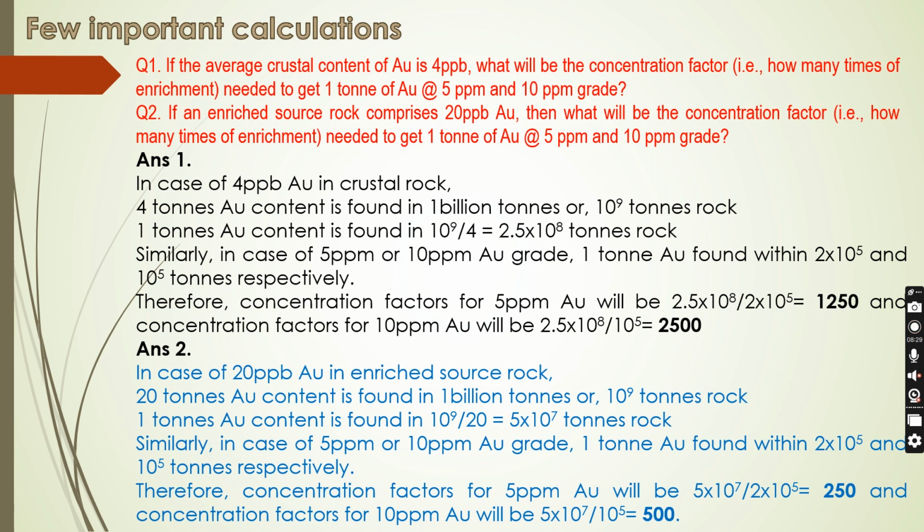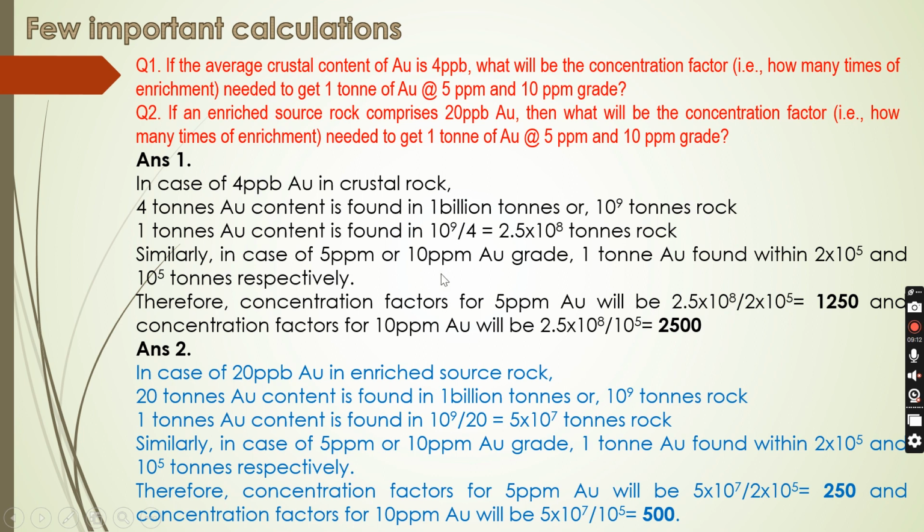Both can be solved. Firstly, in case of 4 ppb gold in crustal rock, that means 4 tons of gold content is found in 1 billion tons of rocks, parts per billion. That means 4 ppb means 4 tons in 1 billion tons. So then for 1 ton of gold, 1 billion divided by 4, 2.5 into 10 to the power 8 tons of rock. Similarly, in case of now 5 ppm or 10 ppm gold grade, using the same calculation,